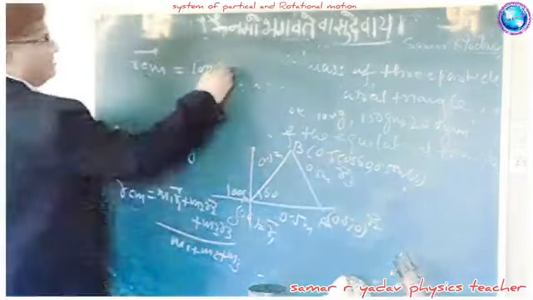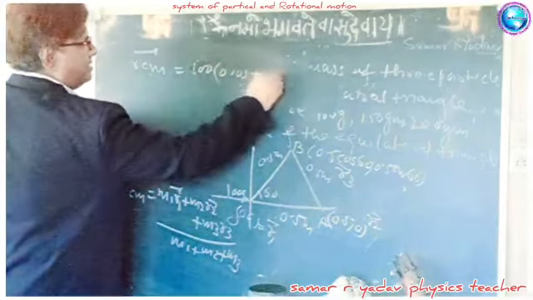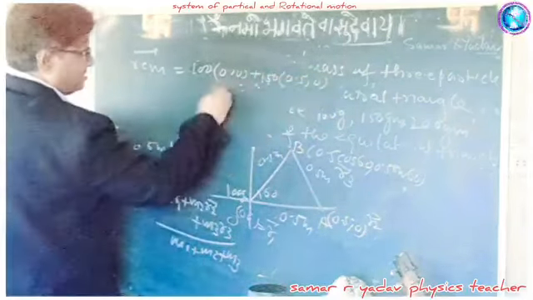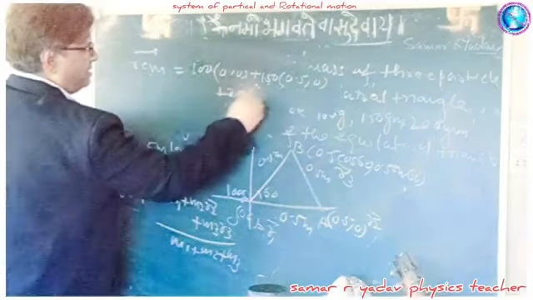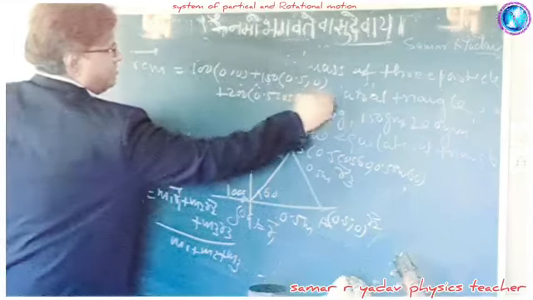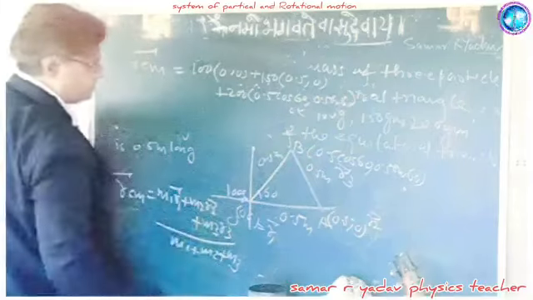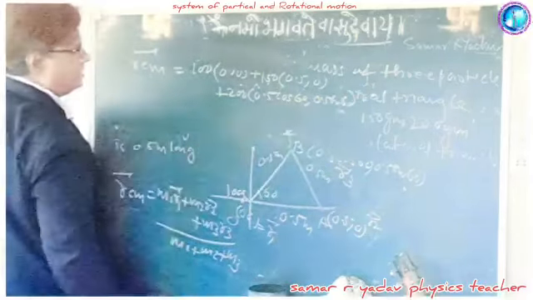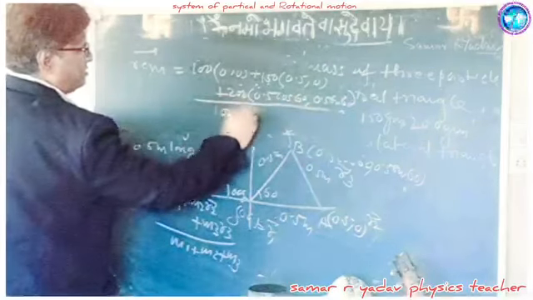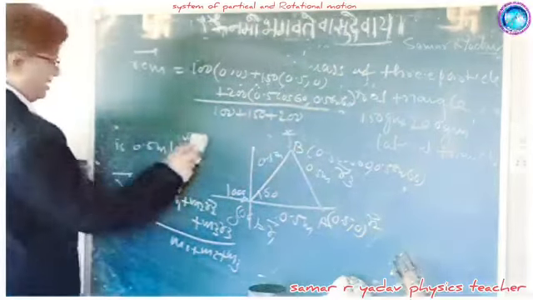So writing here, 0, 0 plus 150 into (0.5, 0) plus 200 into (0.5 cos 60, 0.5 sin 60), divided by 100 plus 150 plus 200. Now simplifying, we get here